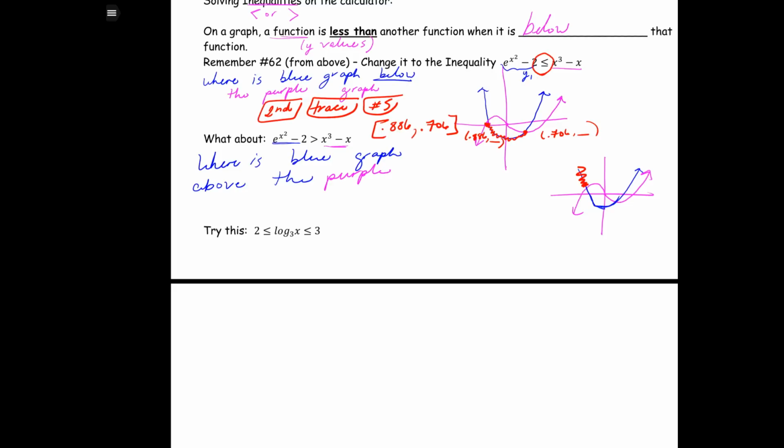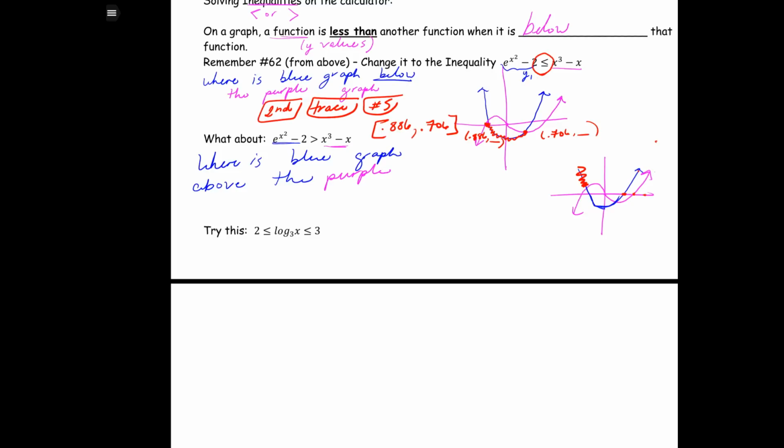So obviously they're both increasing here, but if I look at the x value of right here, which one currently is greater at this x value? Well, at this x value here, it's less than. If I think about this x value, then the y value would be here. So the blue graph is actually greater than the pink graph. If I think about this x value, the blue graph has a greater y value than the magenta, or than the purple. So if we think about that here, actually, where's the blue graph above